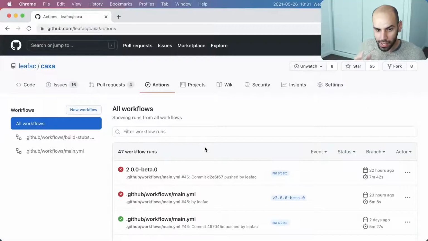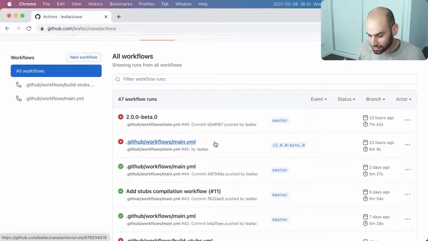And yesterday what we did was to complete the initial draft, I would like to say, of this feature that is to add ARM support, so ARM architectures on Linux and macOS. They were not supported in Kasha before, and yesterday we finished the work of adding support for that, and then we left off yesterday by pushing a new tag, and I said that we would figure out if the thing worked or not, and of course it didn't. After 6 minutes of running, the thing failed.